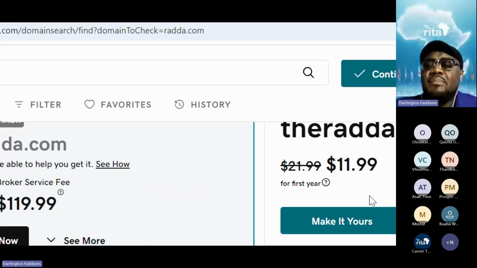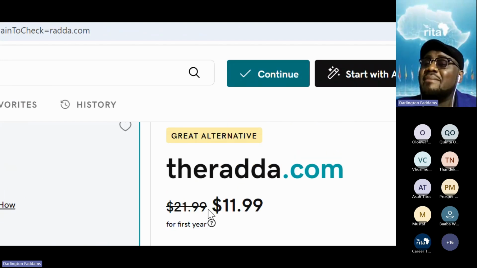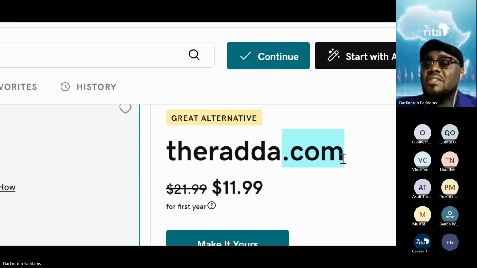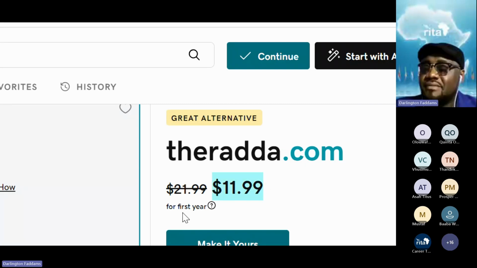Very soon we are going to see the price of domains. Let's see. On GoDaddy, this is their price. This price is for the first year. Please listen carefully. I didn't say domain option. I said domain auction. Auction. This is the price of domain, the .com. GoDaddy sells domain by extension. So every .com will cost 11.99 on GoDaddy for the first year.